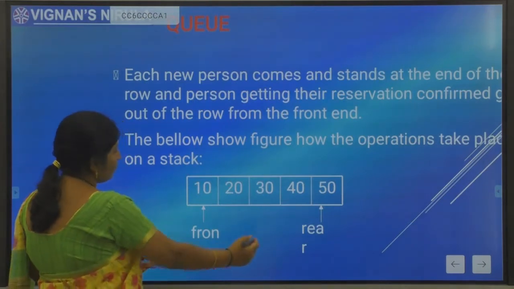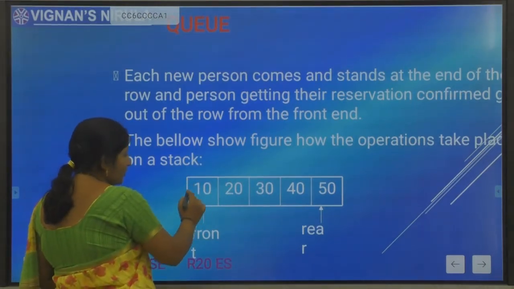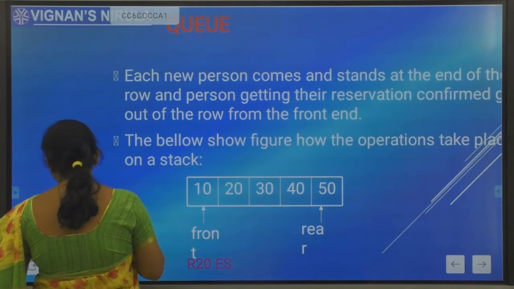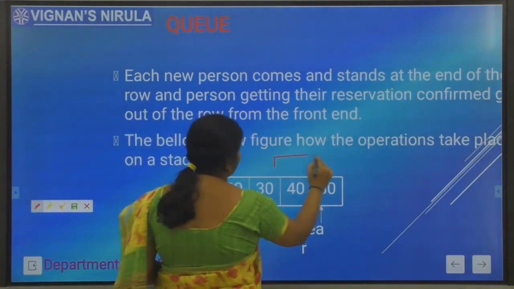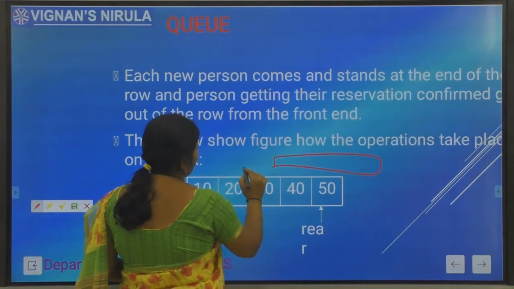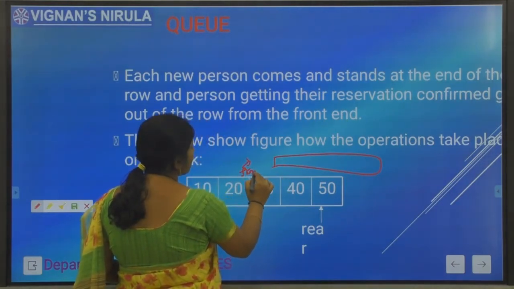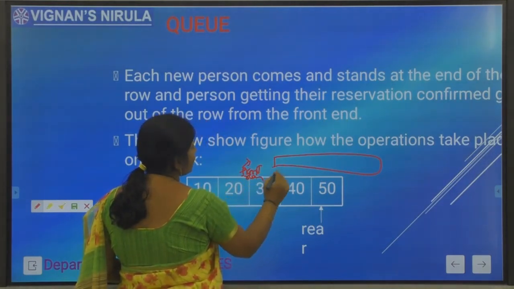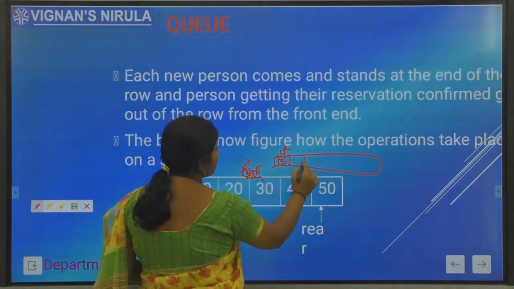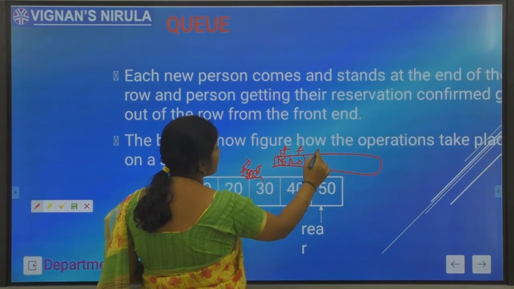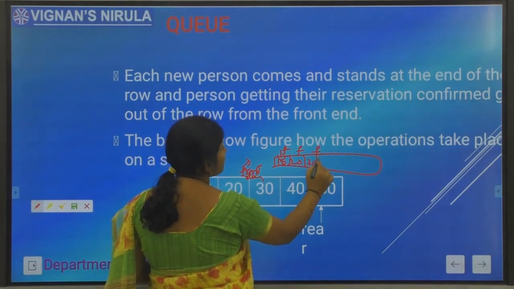So see, this is the array representation of a queue. Initially the front and rear are 0. If you want to insert, I can increment the front, I will insert 10. If you want to insert another element, it is 20. If I want to insert 30, this is the front.